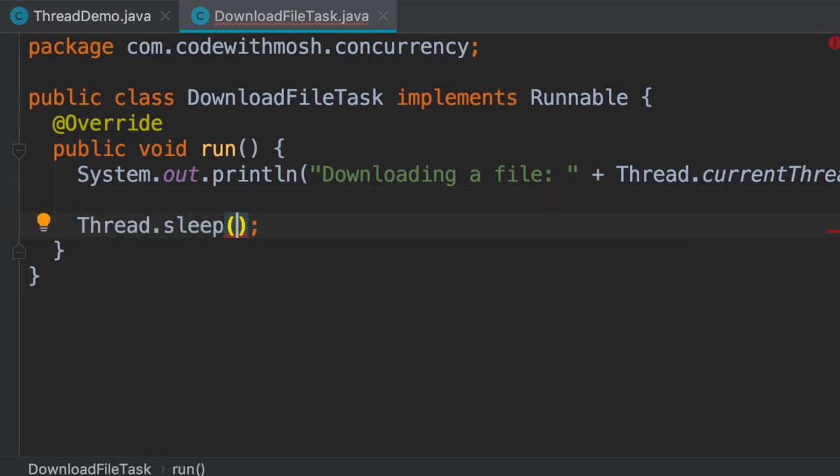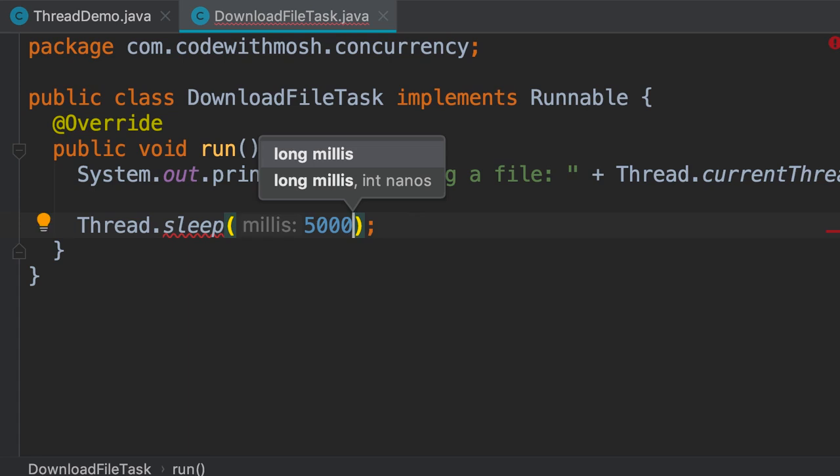Thread.sleep. Here we can pass the delay in milliseconds, let's say 5,000. So this will suspend the current thread for roughly 5,000 milliseconds, or 5 seconds. It's not going to be exactly 5 seconds because this is dependent on the underlying operating system. But we can assume that this thread will be sleeping for roughly 5 seconds, and during this time, other threads